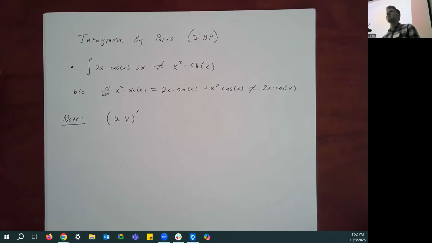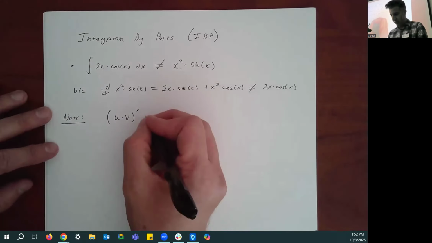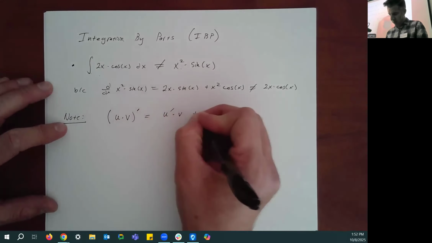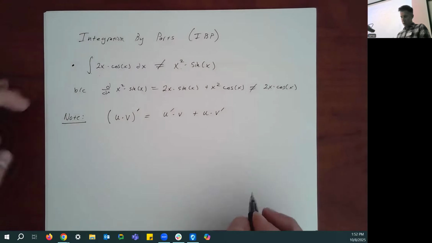So make sure your u's and v's look different enough, because otherwise it's really easy to mess things up. I don't know why they chose u and v, but they did, and it's what we use. So God help us all. So you're going to get the derivative of u times v plus u times the derivative of v, which